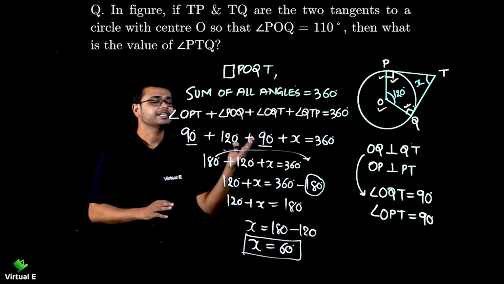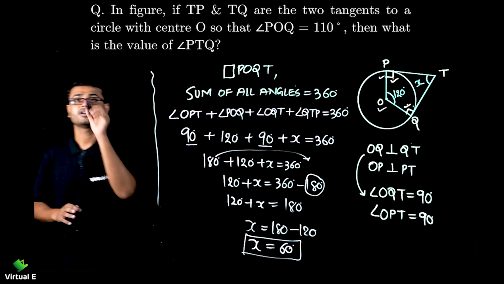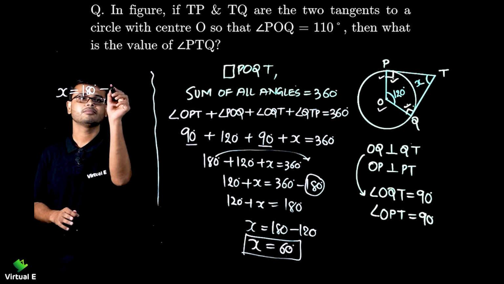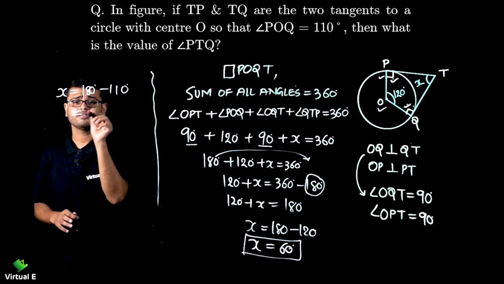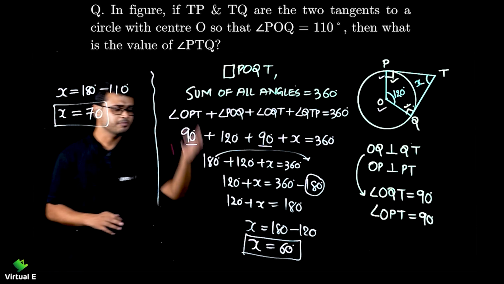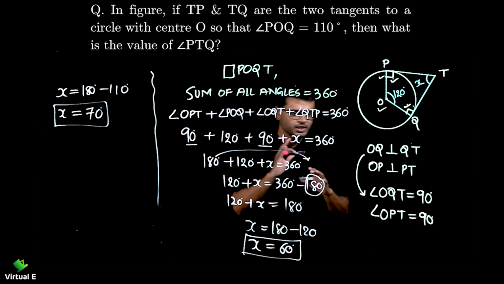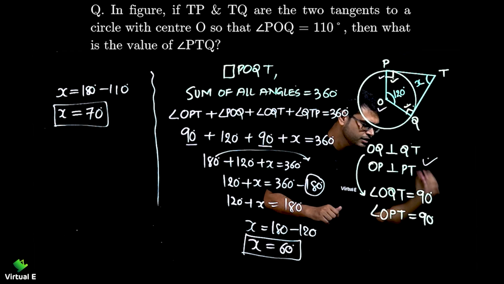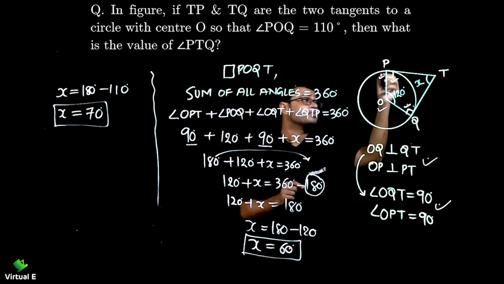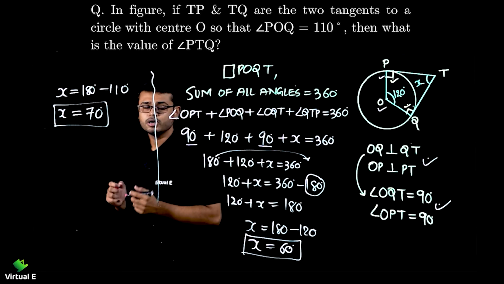Now suppose let's take the previous case. We had the angle of around 110 degree, right? So I'm just writing X here again. X is equal to 180 degree minus 110 degree. So we were getting the angle as 70 degree. Simple, right? Same steps you need to do. You need to take the quadrilateral, not the triangle. But this is the important theorem that we use in this chapter, which is circle, that tangent and radius will be perpendicular at the point of contact.